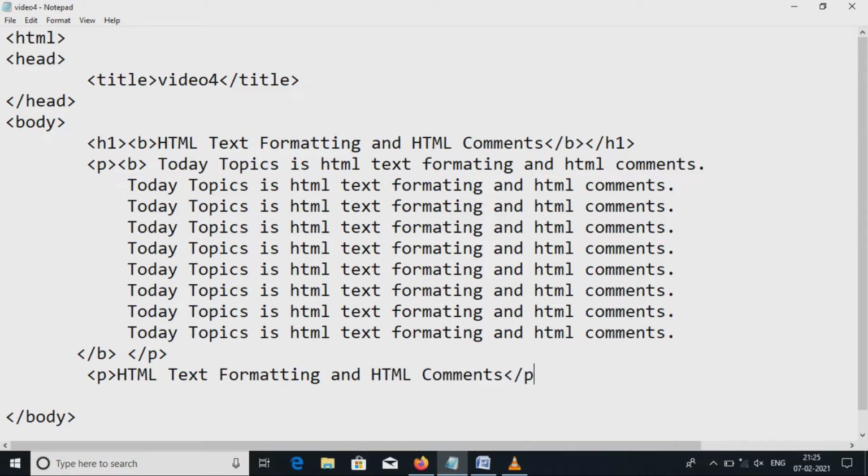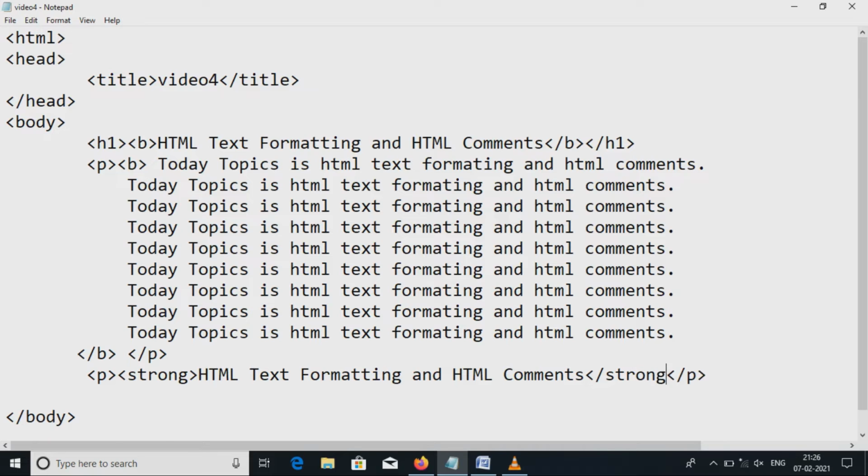Now I am using a strong tag. What is basically a strong tag used on text? So a strong tag, and close this strong tag.